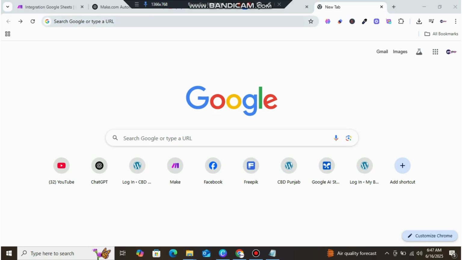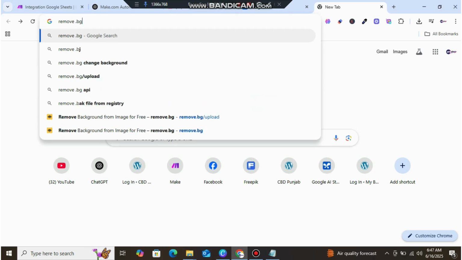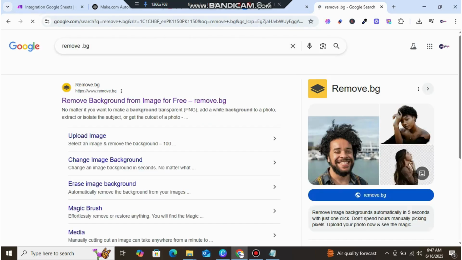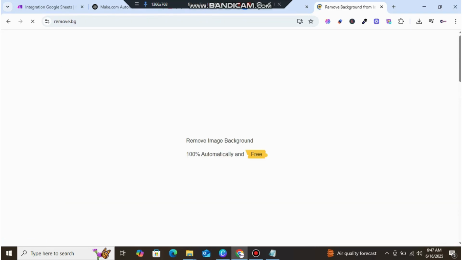And for free, let me show you how to do it using Remove.bg. Fast, easy, and no software needed. First, open your browser and go to www.remove.bg, the official website. Now, click on the blue Upload Image button, or simply drag and drop your photo right